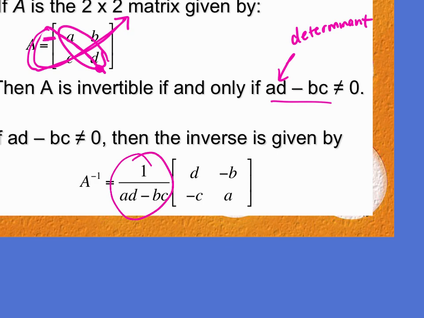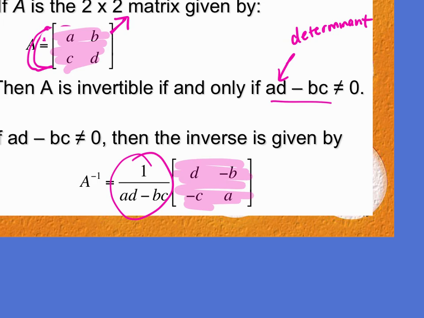Now compare the A, B, like compare these letters to these letters. Notice the A and D have switched location, and the B and the C are the opposite sign. So this sounds like a long process. It will take you 30 seconds once you get the hang of it, and it's so much easier than the